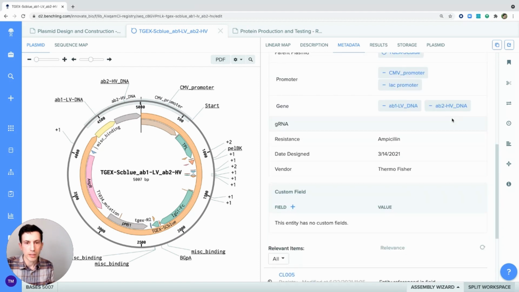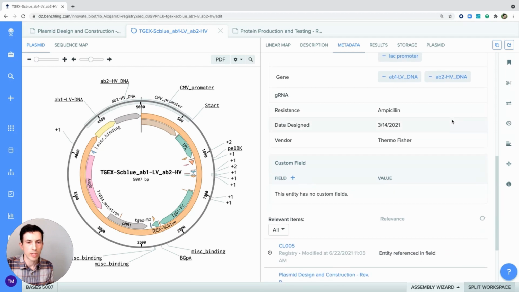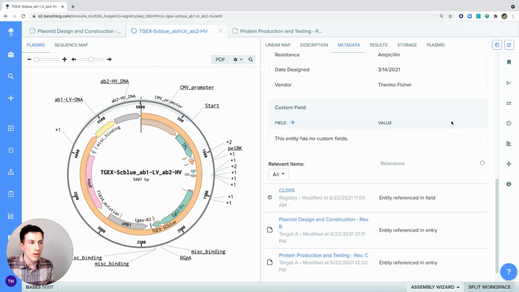And if I come to the bottom here, I'm actually also able to view things like relevant items. So relevant items being the other objects that I work with in the lab, or even that experimental entry that we were just in, this plasmid design and construction notebook entry. So you can really see how there's complete lineage and tracking between your entry, but also those objects, this being